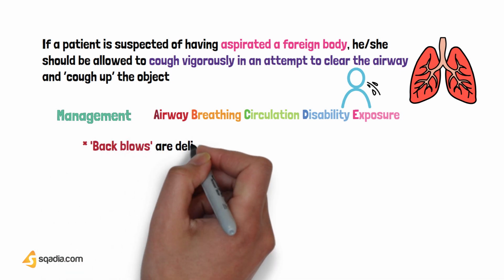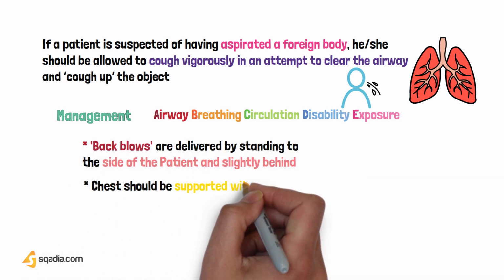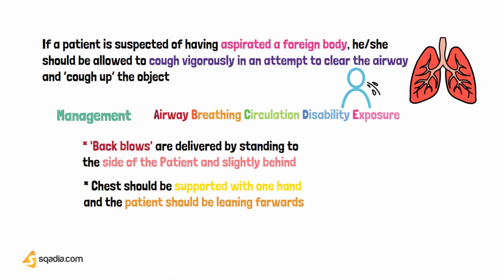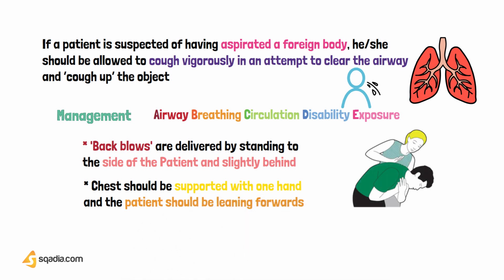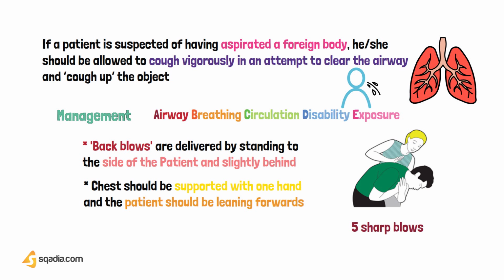Back blows are delivered by the practitioner standing behind the patient, with the chest slightly supported with one hand and the patient leaning forwards. 5 sharp blows are given between the shoulder blades with the heel of the other hand, as you can see